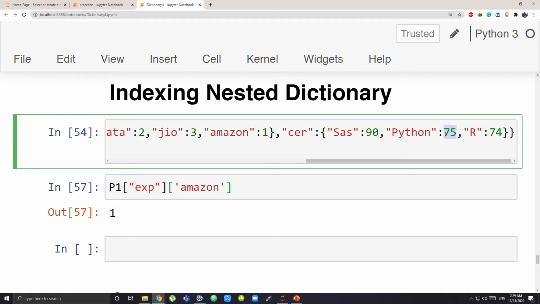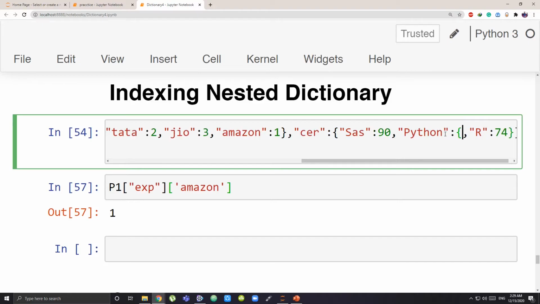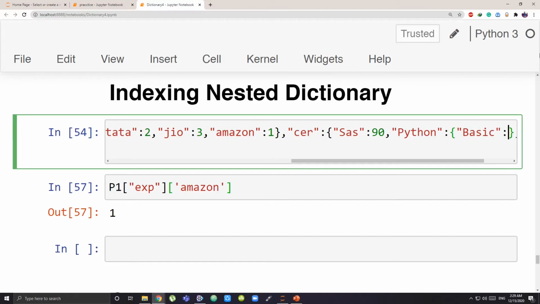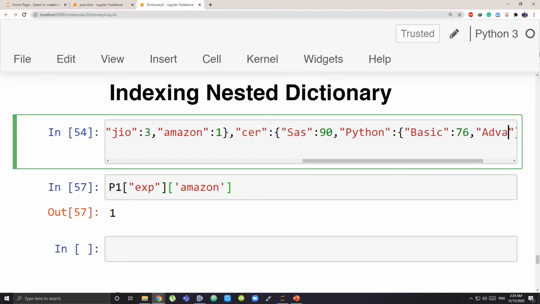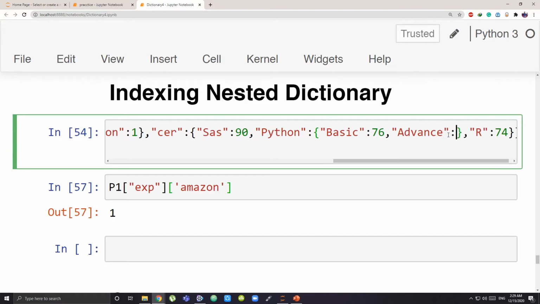I could have, like in Python also, what are the different things that that person did. Again, that in the form of dictionaries. What did that person do? So that person did basics, and what was the marks for the basics? I could write that in as my value. So maybe he got 75. Then the second element being, what did he do? He did advanced. So advanced can be the key, and how much marks did that person get for, maybe he got 98 for advanced.